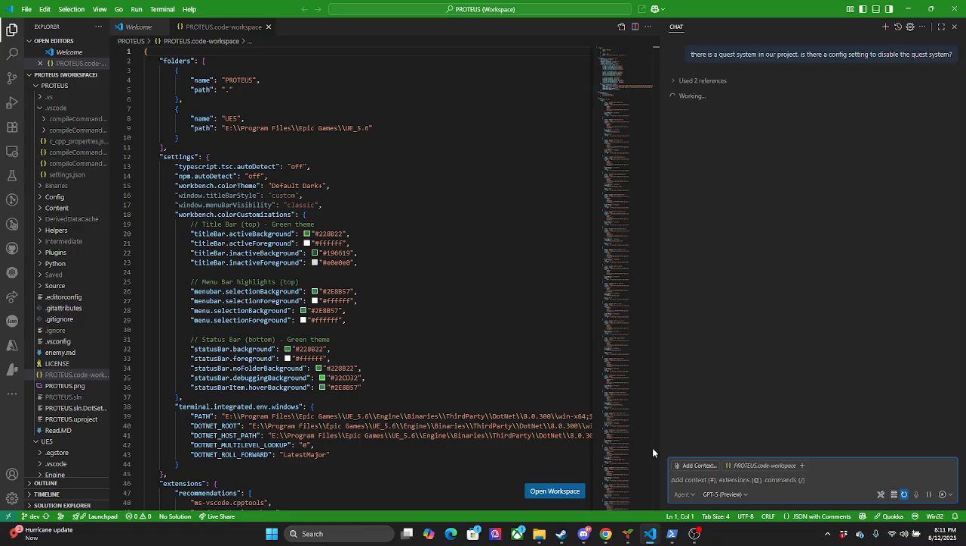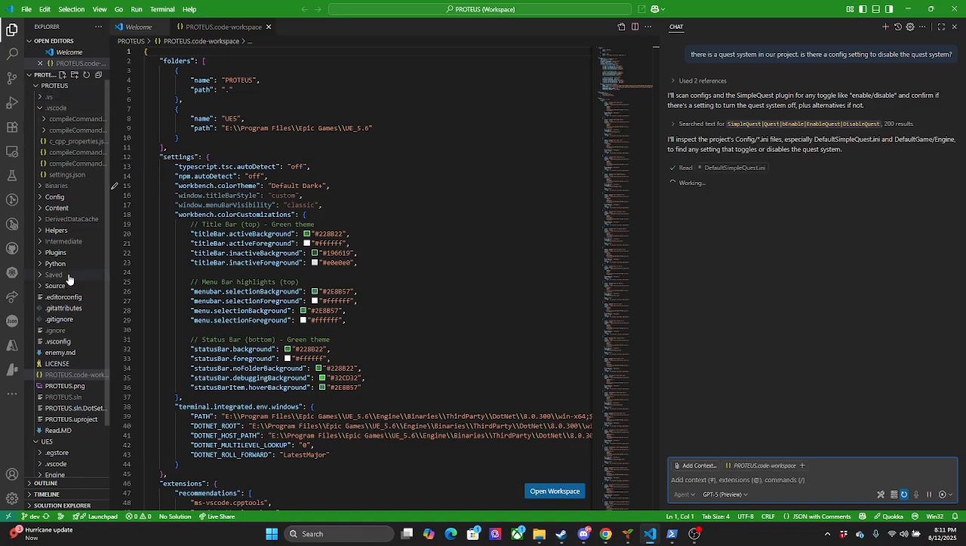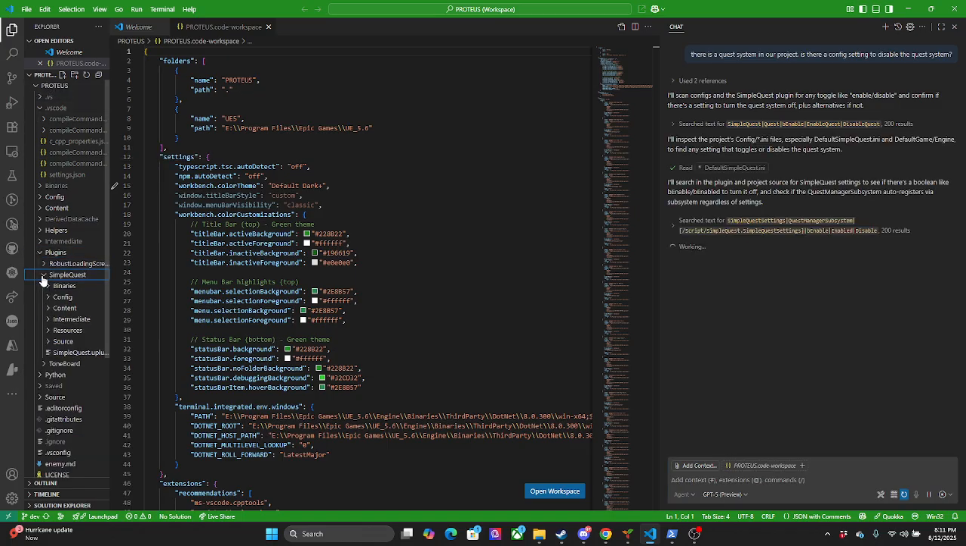I'm only disabling it because I don't want it playing audio all the time. I use it mostly for audio. And we can look while it's doing its thing. So plugins, simple quest,